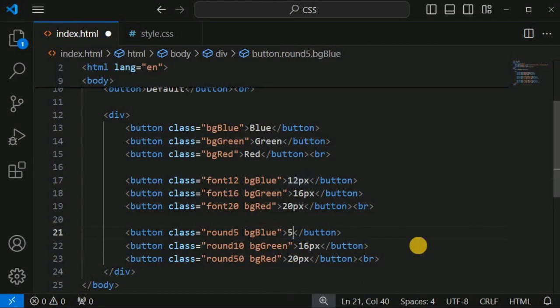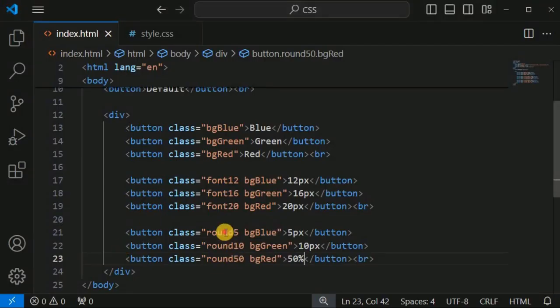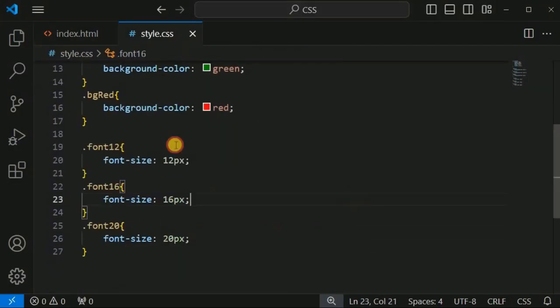So guys, over here we will set it as 5 pixels so that we can identify that this is the button with the border radius as 5 pixels, and then we have 10 pixels over here, and then in this case we will have 50%. Let me just save this file now and try reloading this page once again on the browser. As you can see, we have all the buttons in this case, but we need to provide the border radius to all these classes. So what we are going to do is we will copy this round 5 over here,